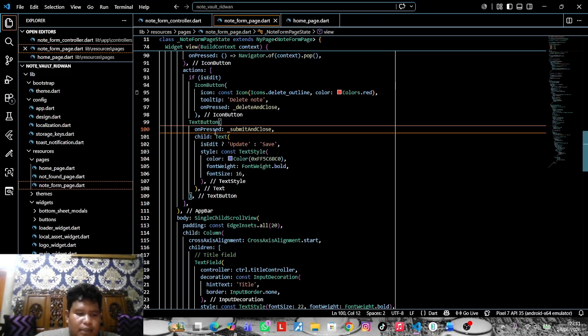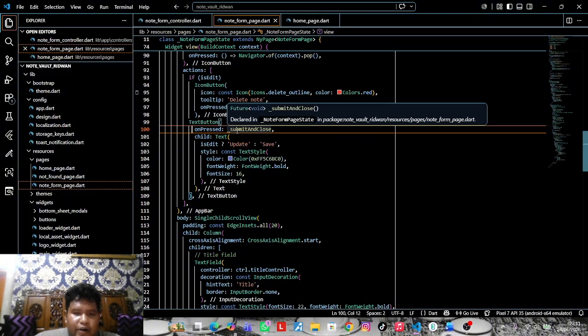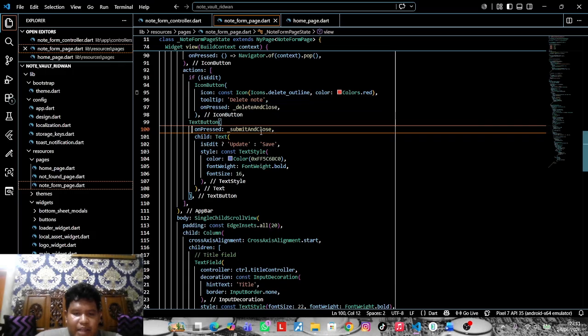So when the user presses the save or update button, submit and close is executed.